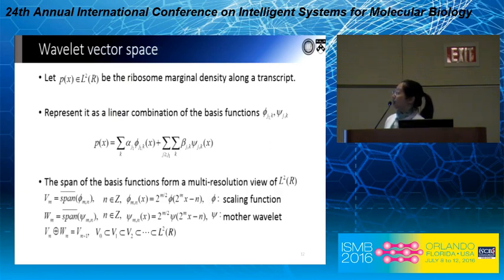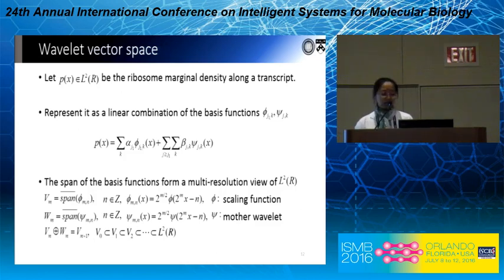And then we can represent this signal as a linear combination of the basis functions, phi's and psi's, written down here in this equation. These basis functions are very interesting in wavelet analysis in that they satisfy a nested property. What do I mean by nested property? If you consider the vector spaces spanned by these bases, which we denote as VM and WMs, they